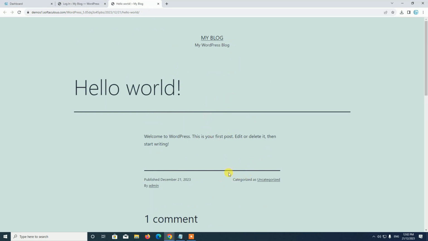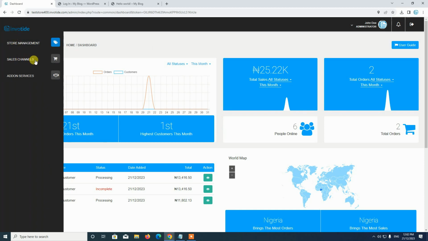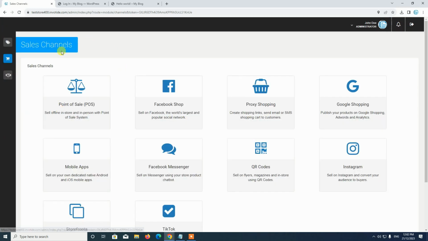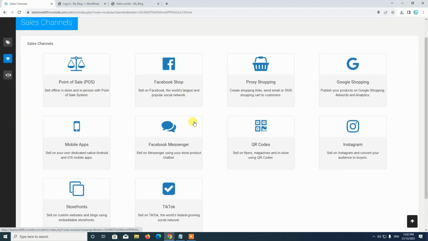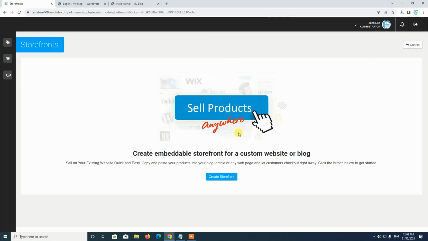So for us to do this, we go to the admin panel here. We navigate to the sales channel section here and select all sales channels menu. All right, so this will show us the list of all the sales channels we have available. So for us to generate the embeddable storefront, we come here and select the storefronts option here. All right, so what we do next is we go ahead and click on the create storefront button here,